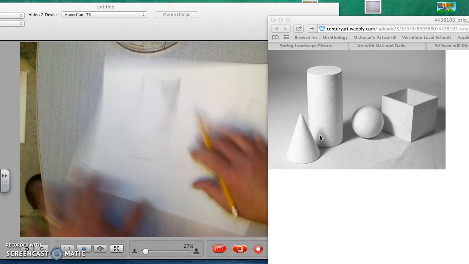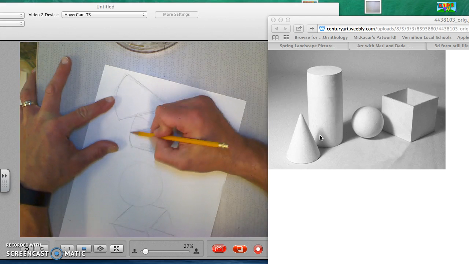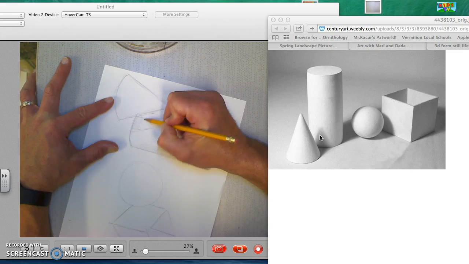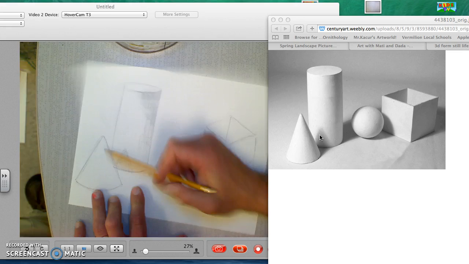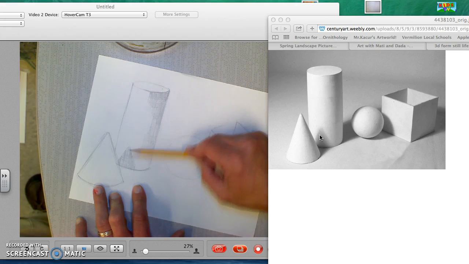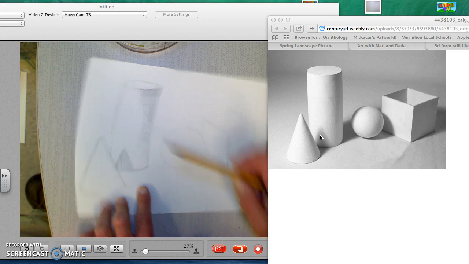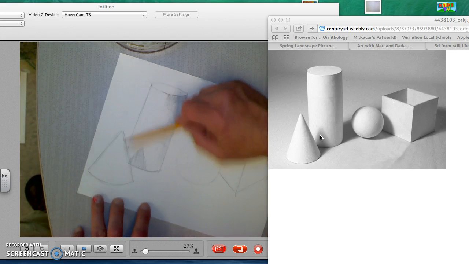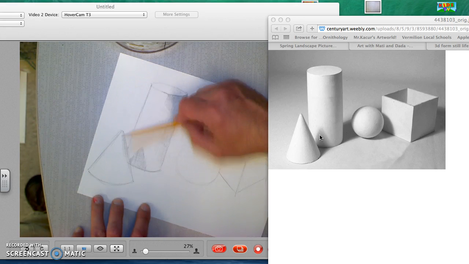Okay? And you get the idea. Now I'm just adding lines and lines and lines. And then I go back in. And I use the side of my pencil now. Okay, so you can see you start to add layers of